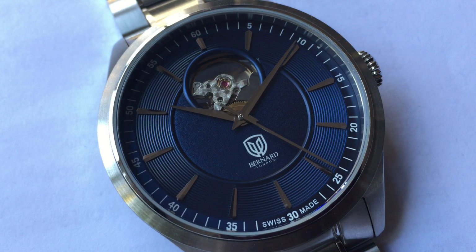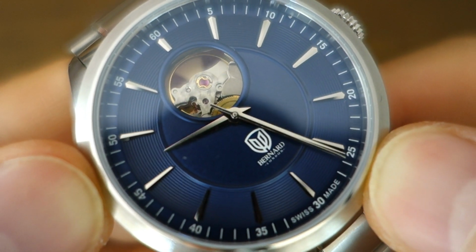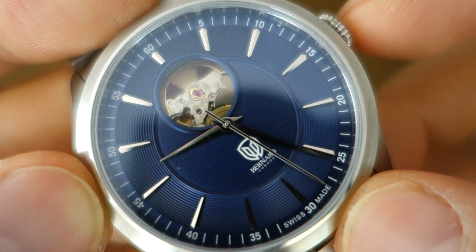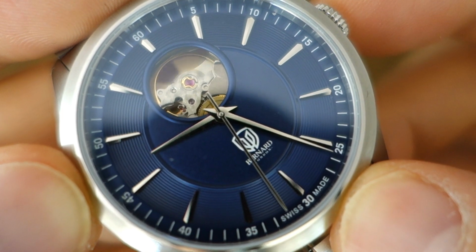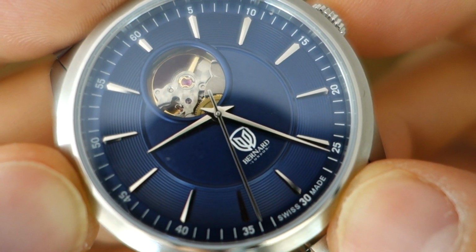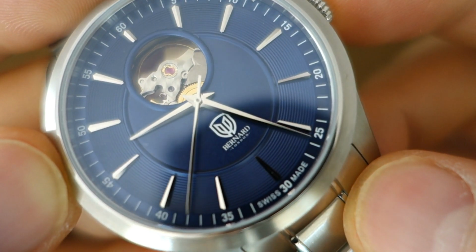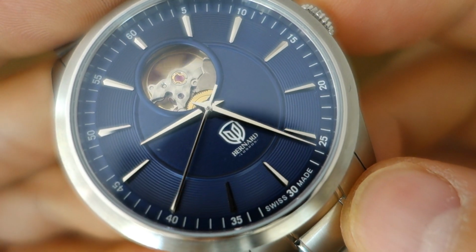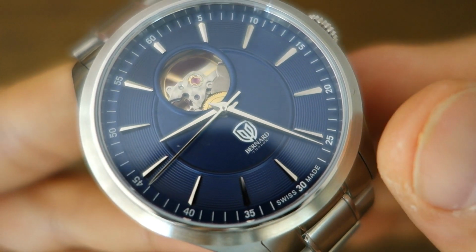Okay, the circular open heart display, you've been seeing that slightly towards the right of the 12 o'clock position. Really you can't modify that on that Sellita movement if you want to keep the crown at the 3 o'clock position. That's why it's slightly towards the 1 o'clock position there. And then it's got polished dolphin style hands right in the middle there. No lume in this watch, this kind of more dressy style watch,